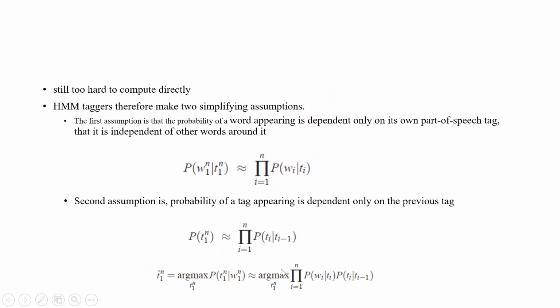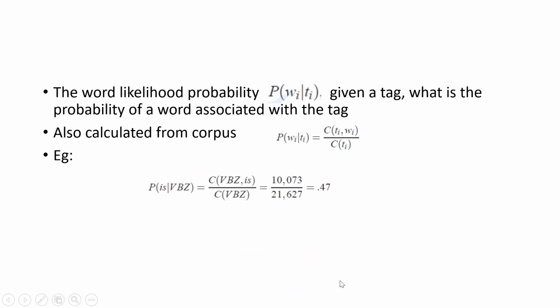Similarly, the other part is the probability of a particular word occurring given a particular tag. This also you calculate from the data set. So probability of Wi given Ti is equal to, with the count of Ti in the denominator: how many times does this tag, say the noun tag, occur in total in the data set, and out of which how many times does it occur along with this particular word. Say for example, probability of is given VBZ. VBZ is verb, third person singular. That is what this tag stands for in the Treebank corpus.